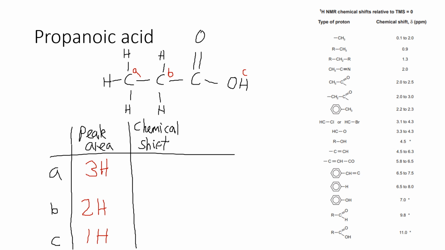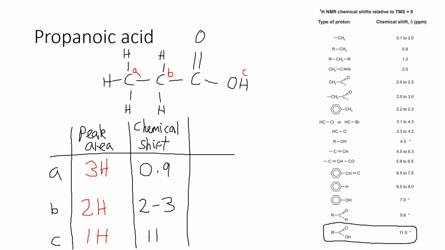Well, A is a CH3 group next to just the R group, so it's probably going to be about 0.9. B is a CH2 group next to a C double bond O, so I'd expect that to be anywhere between 2 and 3. And C is this one down here, the carboxylic acid, which is, well, about 11, but it does depend. So let's just write down what it says on the data sheet here, because that's what you'll have with you in the exams. In terms of coupling,